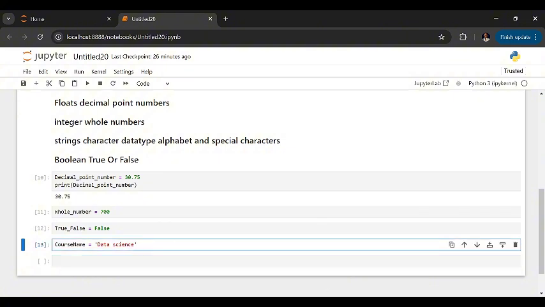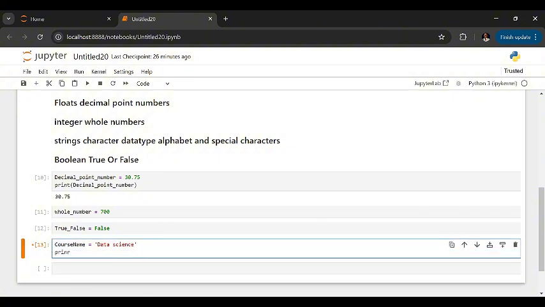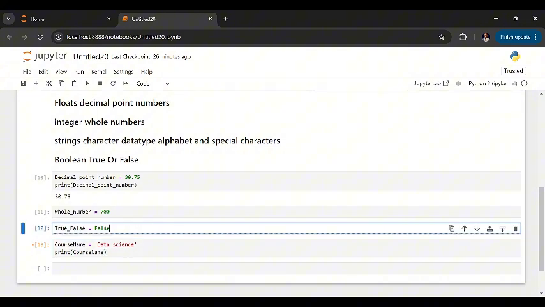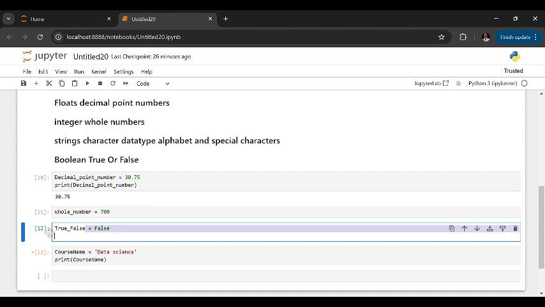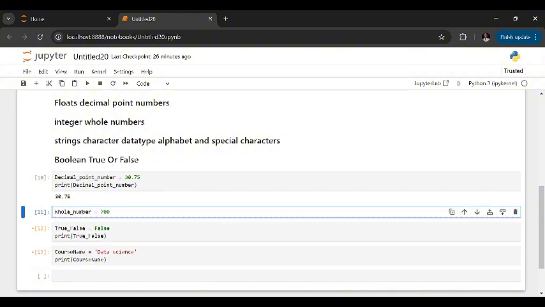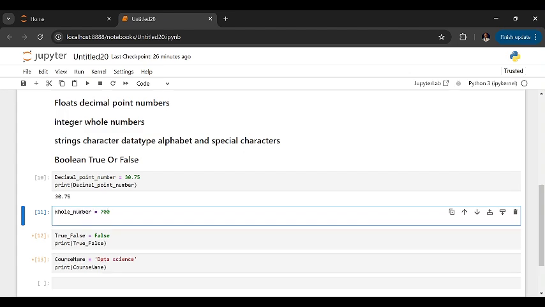Yeah, so let's print for each case, print. Okay, so let's